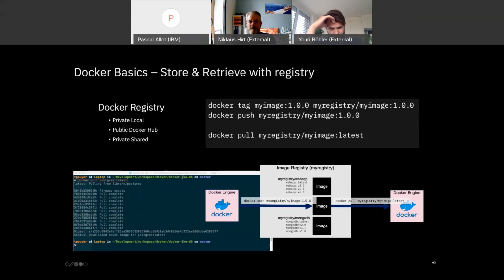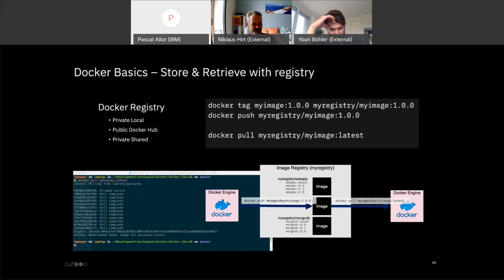And that's why I told you most of the images in the Docker registry have something here. It can be my name, it can be something else, where people publish their images. If you don't have this part, as I said, it's the official Docker images, like for Ubuntu or Tomcat or something. Okay? And then you can do the inverse thing, docker pull, so you can download this image to your